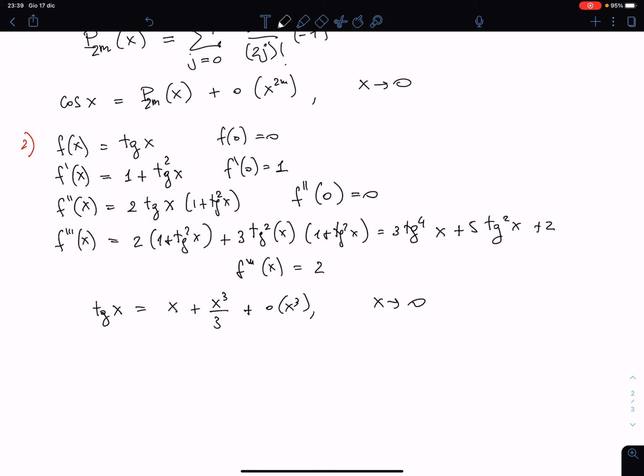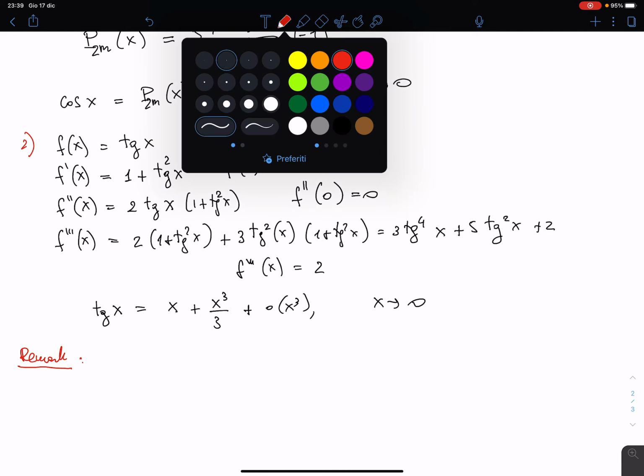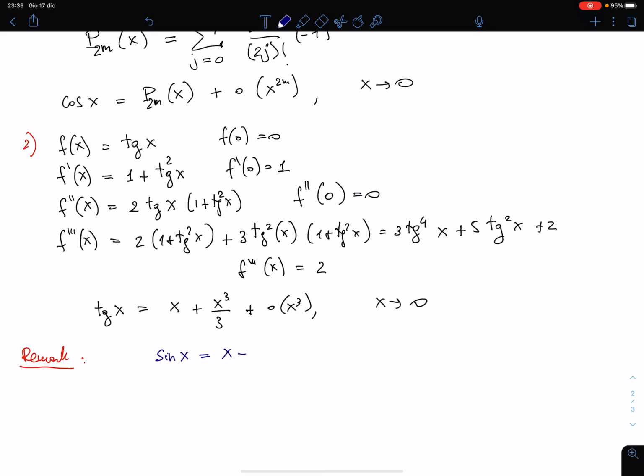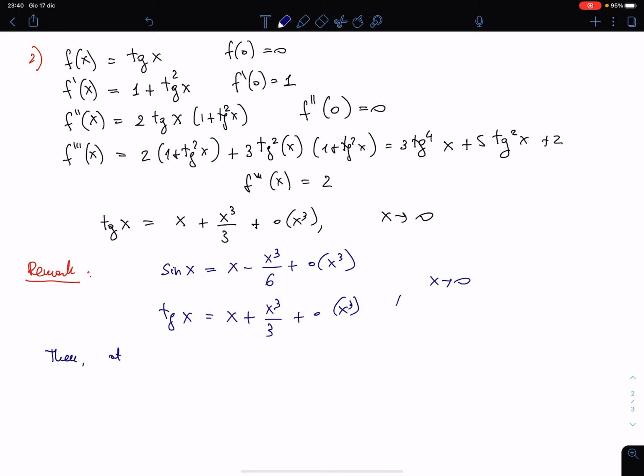Notice that here, a remark: since sine of x is equal to x minus x cubed over 6 plus little o of x cubed, and tangent of x is x plus x cubed over 3 plus little o of x cubed as x goes to 0, then at least in a neighborhood of 0 in which little o of x cubed is negligible,